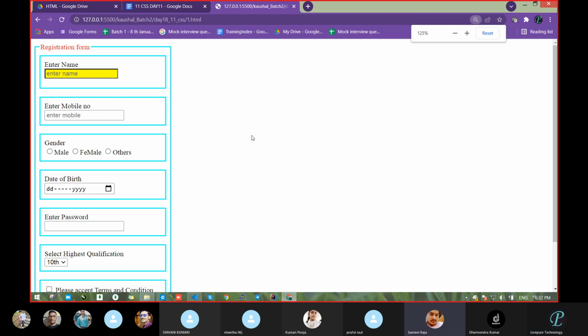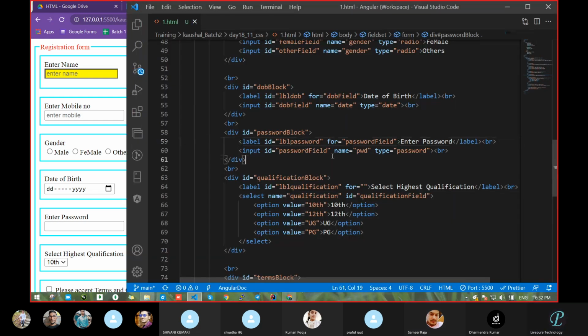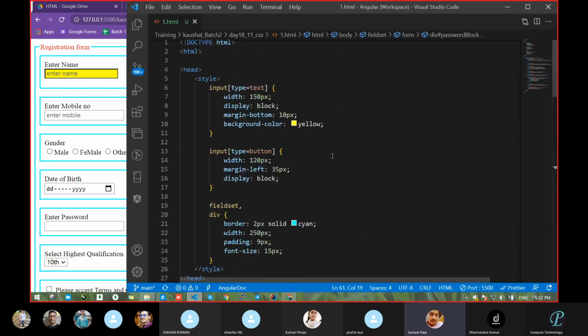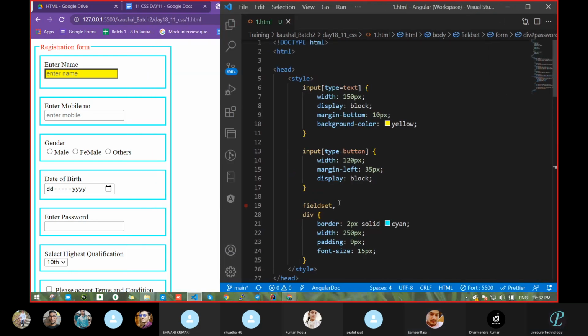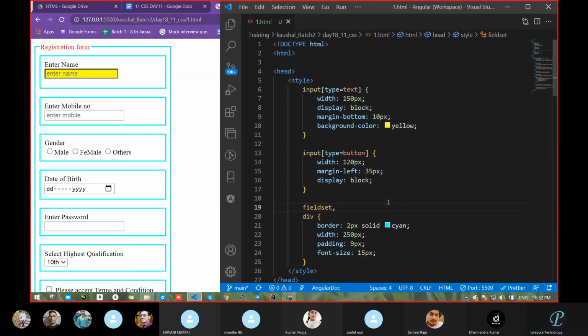Clear? Sir, is this really needed in a real-time scenario? Yes, we use that. Sir, one doubt: every time we use the same ID for this field?